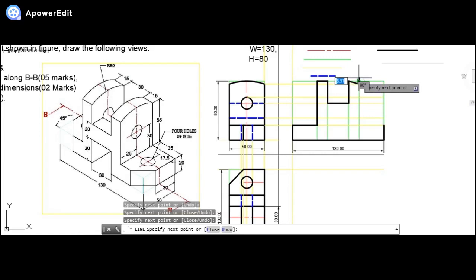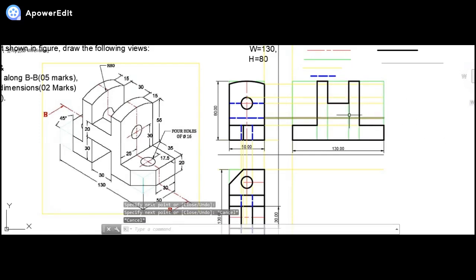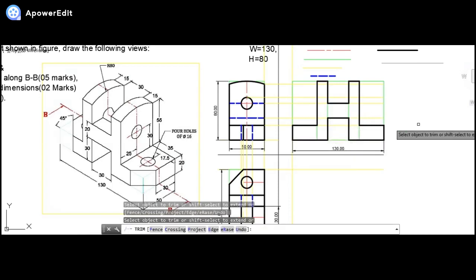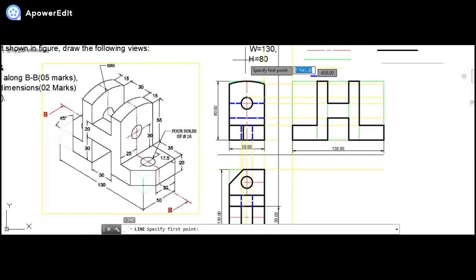We can complete it till here. We can come straight down up till this point, and complete it like this. Okay, so once we are done, even for this we will get this particular slot, and I can complete this slot like this. Once we are done, I can simply trim out or erase the part that I don't want. Now it's very clear, we just missed out one of the projections of this circle, the through circle.